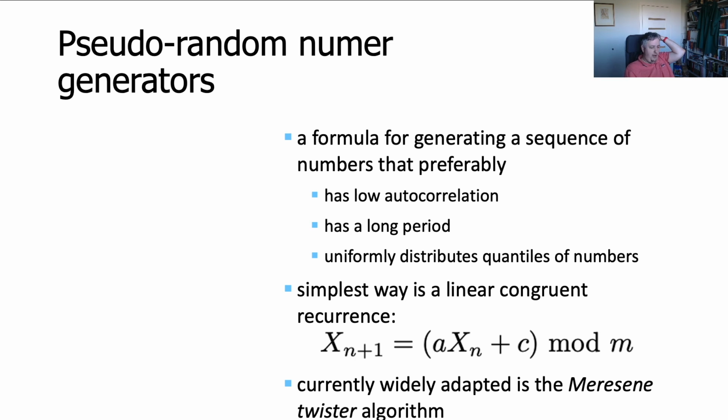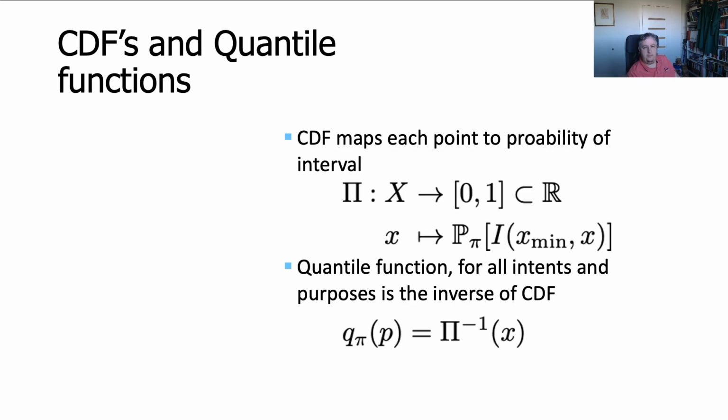Those are the simplest ways. The appropriate selection of parameters gives you some kind of random number generator, but not that good. Again, there are problems of autocorrelation, the periods, and so on. So this is something that can be easily retraced. Currently, the most widely adopted algorithm is the so-called Mersenne-Twister algorithm, which is very complicated. I recommend you go to the Wikipedia website about it, so you can get some more info. There are now some newer solutions, but the Mersenne-Twister is the most widely adopted and implemented in most programming languages.